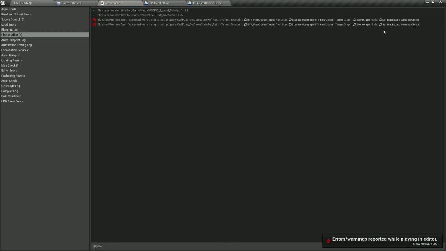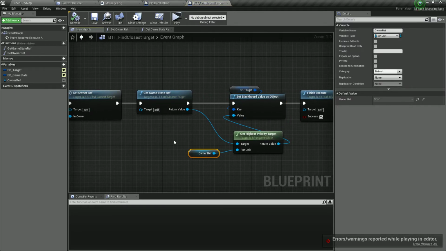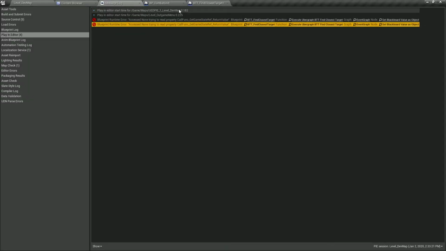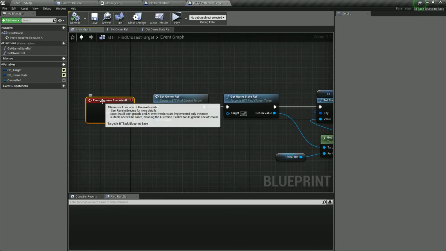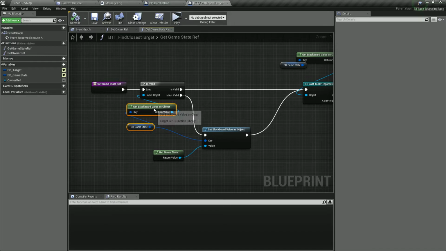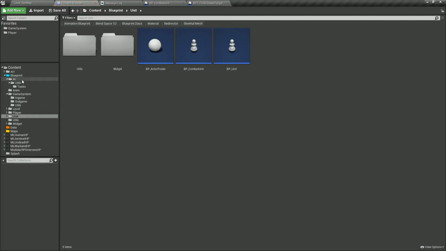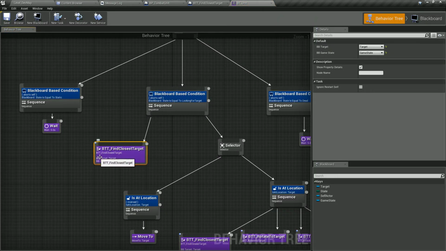Now we still have the error. When we try to set the blackboard value as object, it says it's failing to find the game state ref. So this is throwing null the first time it is performed. So why is it so? So the first time that we enter that logic,